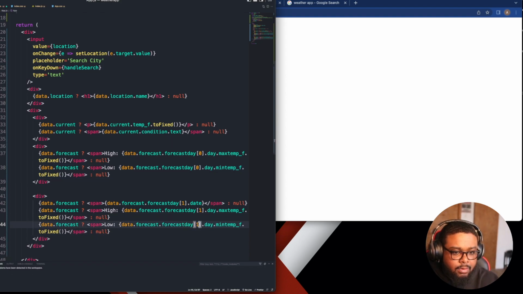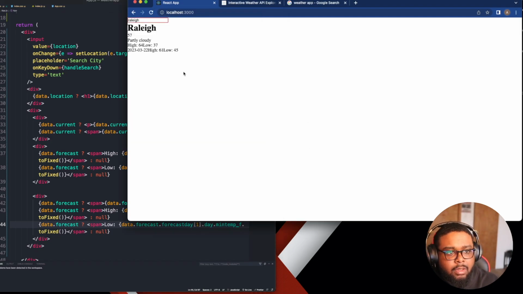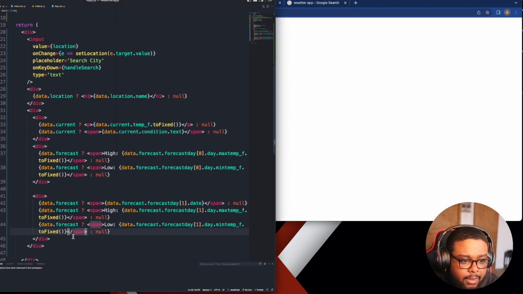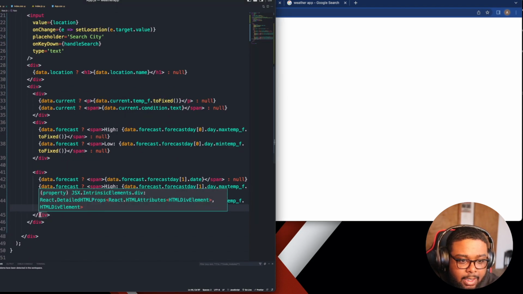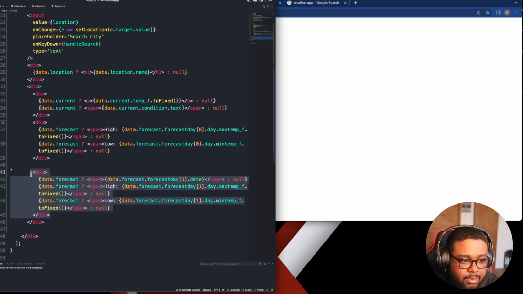Change this to 1. All right, so this is for this date here. So 3/22, that's tomorrow. So this is the current at the top, and they'll have the date. So 3/22, high 61, low 45. So the only thing I think we have to do now is just